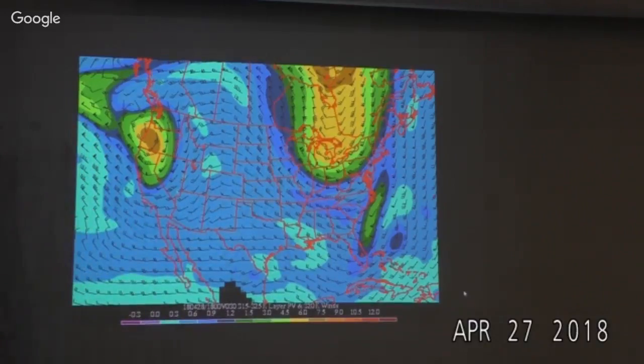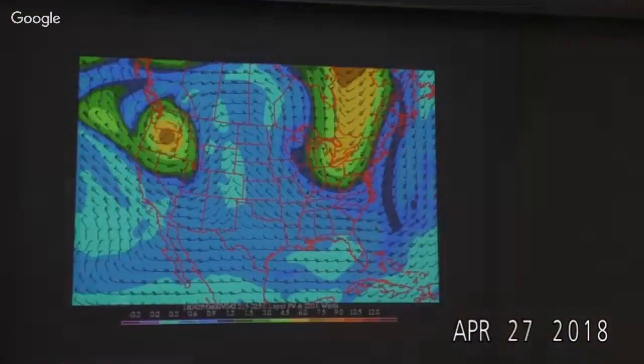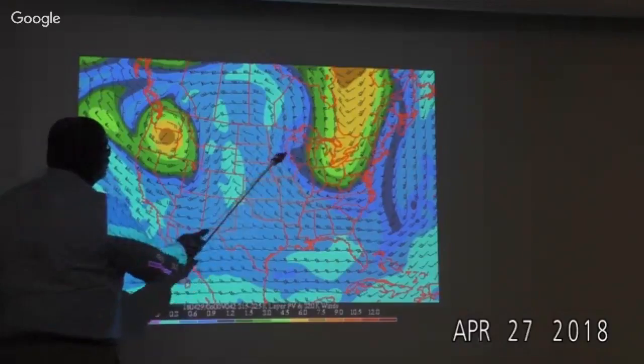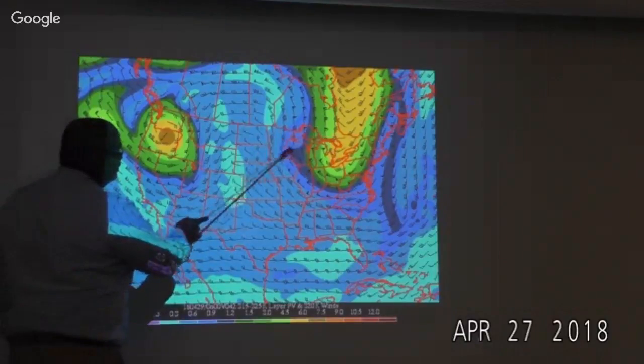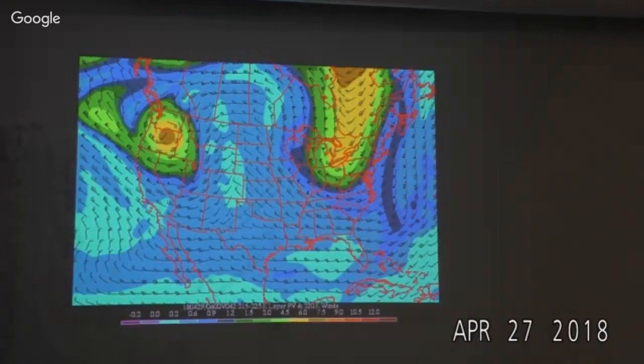So go ahead for 42 hours. You can see again that slow progression of the trough eastward, and over us, you can see positive or negative vorticity advection from the north by the time we get into Saturday night into Sunday morning. Of course, this cutoff has moved onshore. So we expect to see, when we look at the forecast, significant precipitation in the vicinity of this cutoff, and I guess more convective in nature.